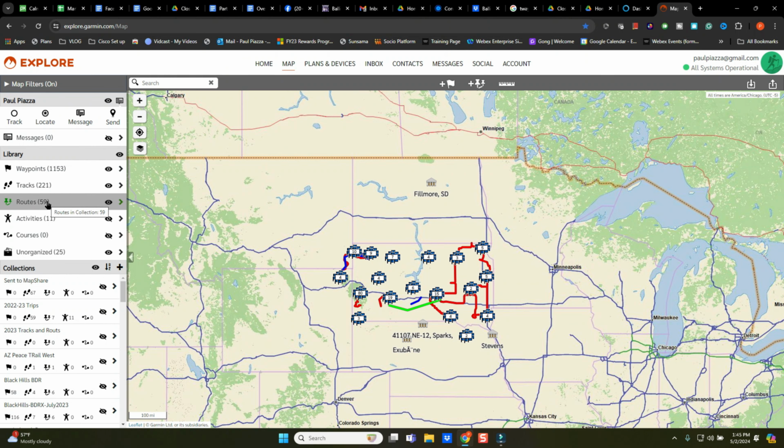A couple of things I want to point out early on in this is, one, if you ever want to see your messages, I don't have any messages because I go through and get rid of all my messages after each trip. It's less clutter. I'm not a big fan of clutter. We can use locate, so you can see here request to locate. So if I have somebody I'm tracking, I can request to locate a user along the way. I can track different users. So if somebody has an inReach and I'm looking at it and they're sharing with me, perhaps my brother Jim, who has an inReach and goes down near Baja all the time, sends me his thing and I can track what he's doing, watch him as he's running the Baja 500.